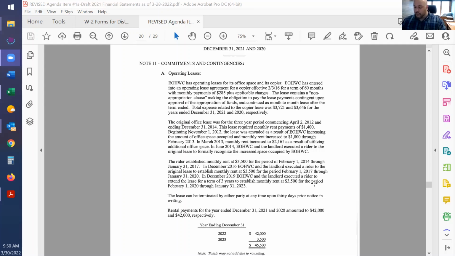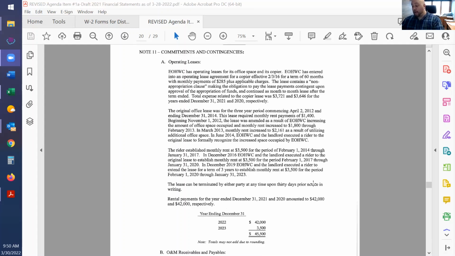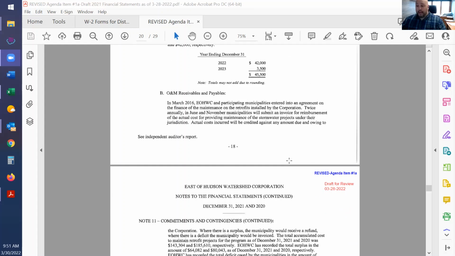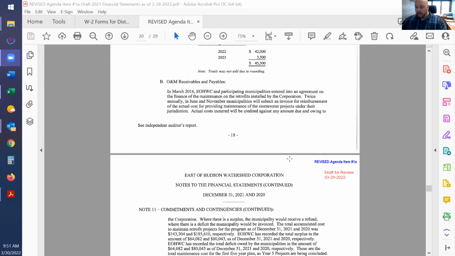The filtration avoidance determination agreement. This is just a summary of the agreement itself. Down below, risks related to COVID or coronavirus. This is a required footnote we've had to put in the past couple of years, obviously because of the pandemic, and explaining the fact that potentially in the future, we're not sure what could happen as far as if anything happens with supply chains, that type of stuff, where we may be limited in what we can do and what we can obtain.